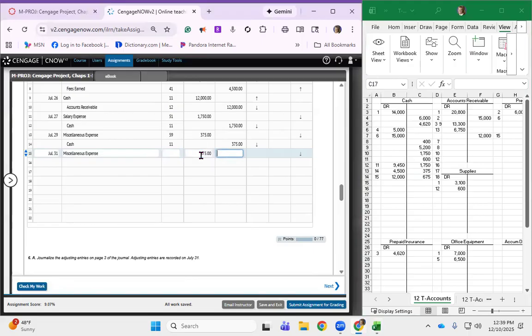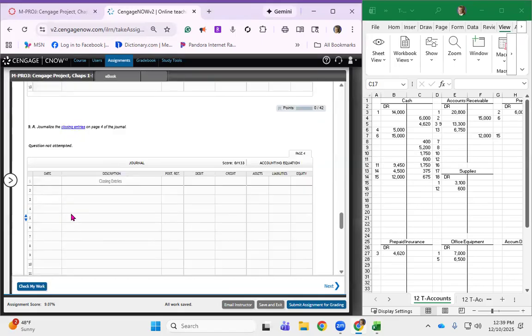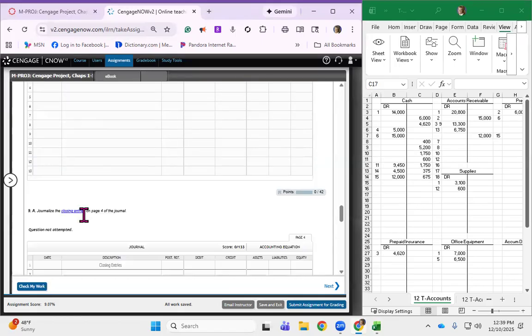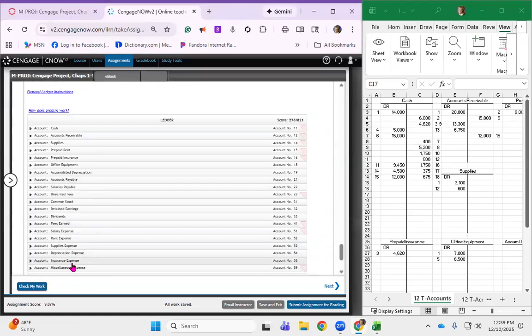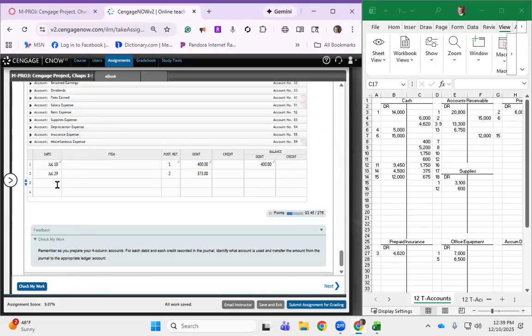So 675 goes into the miscellaneous expense, down goes cash. Cash sure is busy in this problem. Let's go to miscellaneous and put in the 675. Okay, in miscellaneous, this is July 31st, page 2 of the journal,